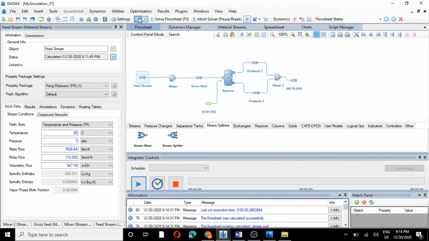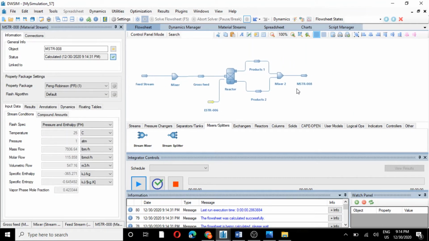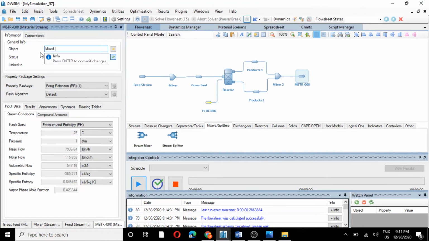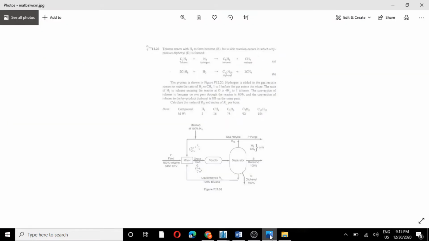I'm just going to pause this so that it doesn't calculate every time we add a unit operation. So call this mixed products, enter, and these mixed products enter a